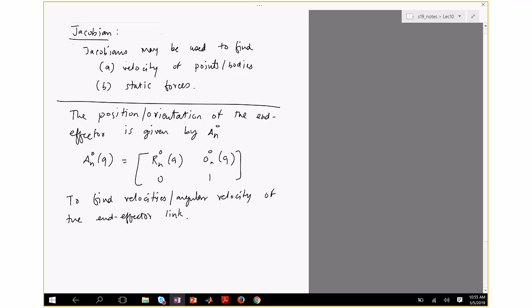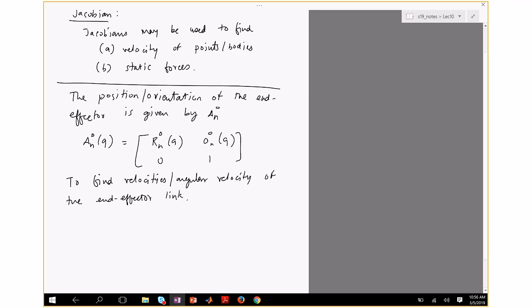V_N^0 is the velocity of the end effector. To find that, it's as simple as taking the derivative of the position, right? So O_N^0 is the position, and we find the velocity by taking the first derivative. So that's obvious. Once you do the DH convention, you found the DH table, you wrote A_N^0, you have this,